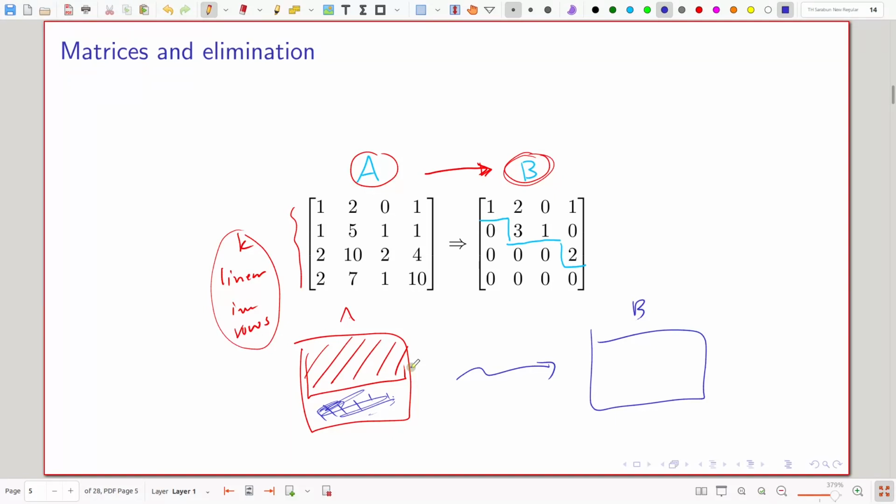So you basically cannot create more linearly independent rows from A, because all you did was add linear combinations of these rows over and over again. I'll be a little hand-waving here, but you should sort of believe me.